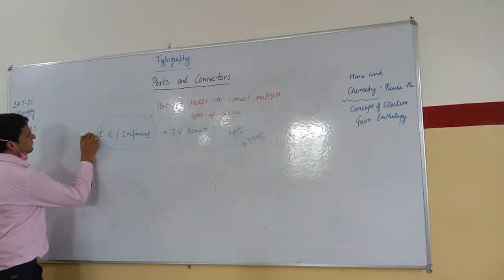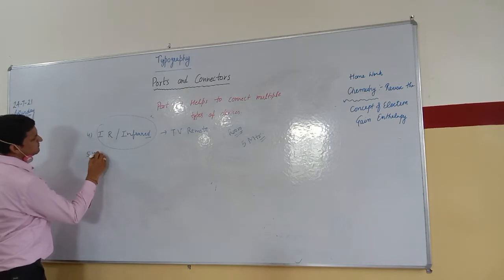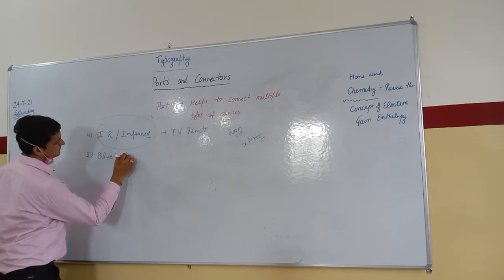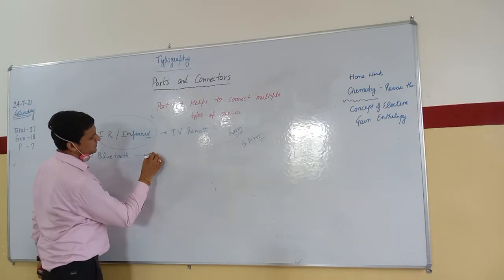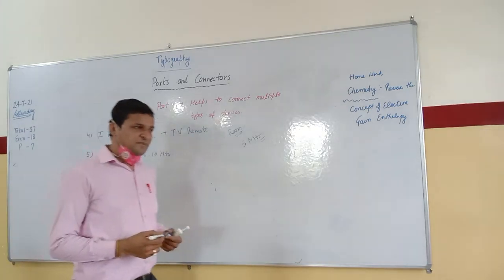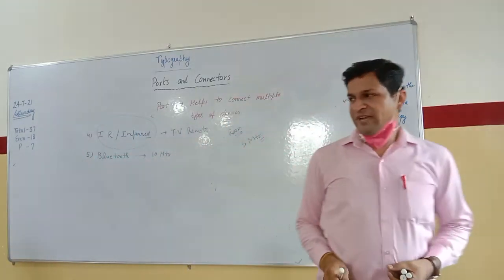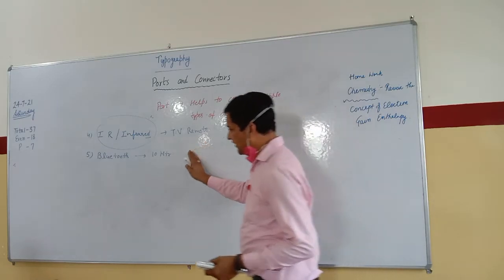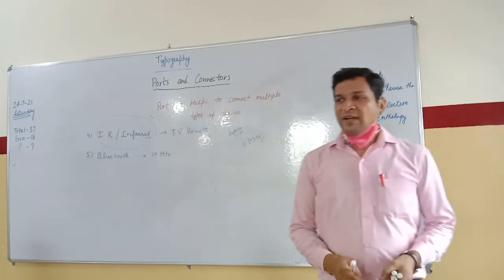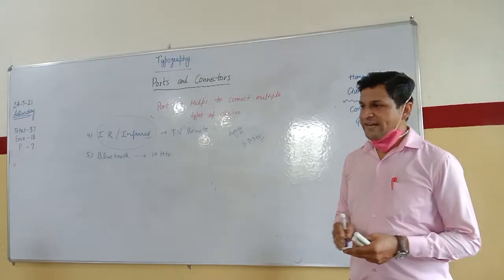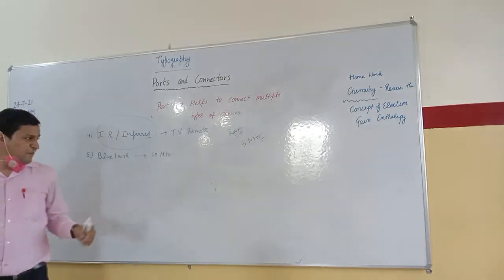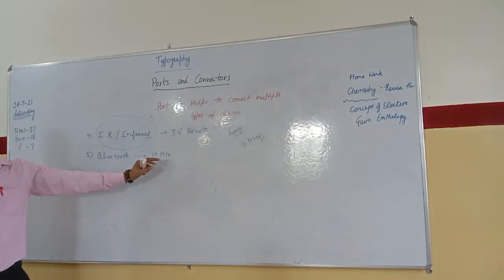After that, the fifth type of port came, that was Bluetooth. The range of Bluetooth is approximately 10 meters. And Bluetooth has some major advantages. Very first advantage, Bluetooth can be connected either with a laptop or a mobile. It can support both devices. Second thing, Bluetooth has more range than infrared.